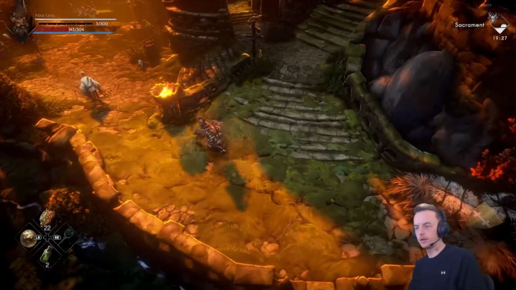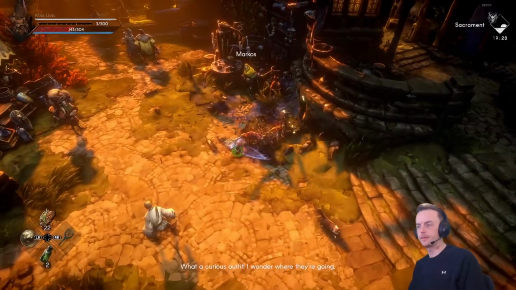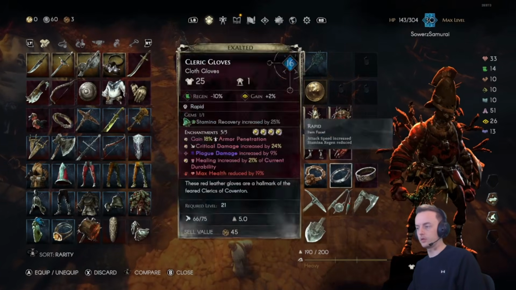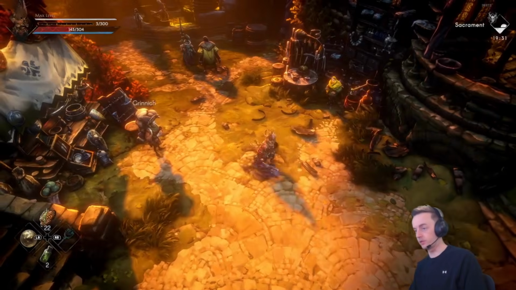Against ads you're going to be pretty unkillable, because you're quite tanky, and obviously you've got the barrier stuff as well. I mean, you're using barrier on kill with this, so it's not crazy, but it's still good. Obviously against ads it's really good, but